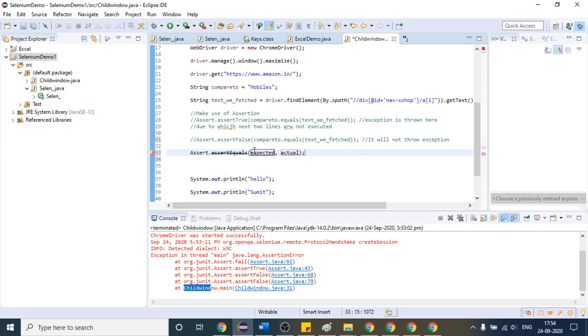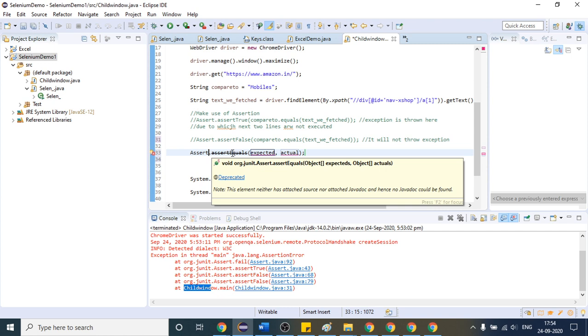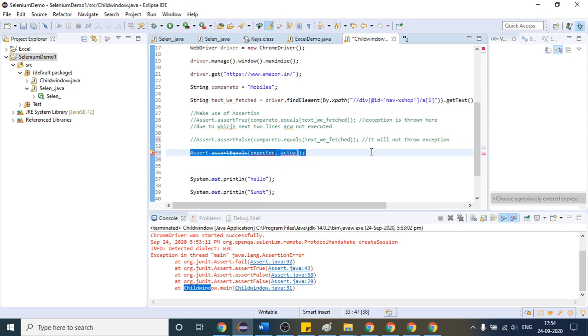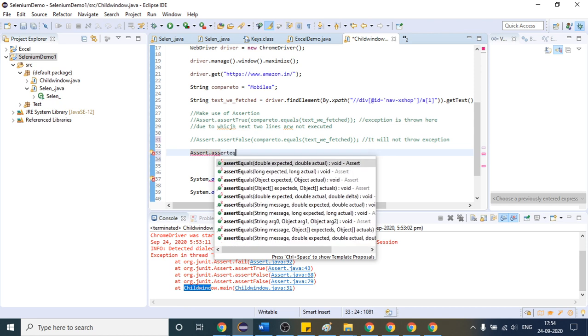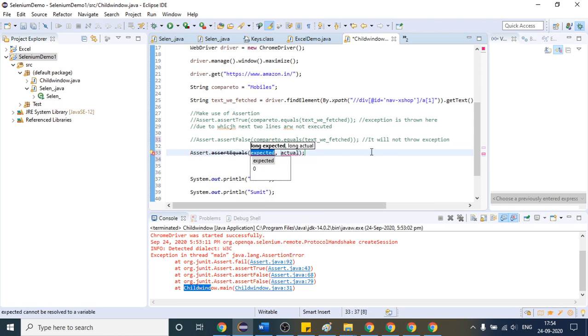It is saying that it is not deprecated, which would mean they have removed that method. I think they have not removed the method. Let me use it again. Is this one? Let me try to provide some text. It is working, no issue.